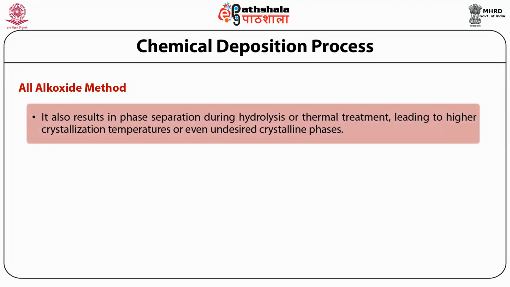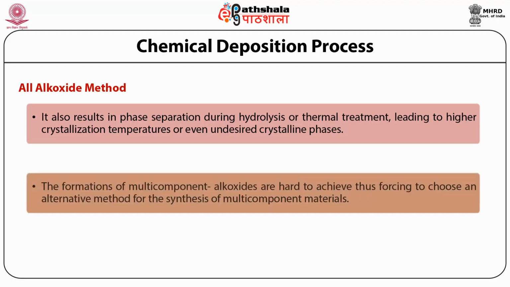Also, it results in phase separation during hydrolysis or thermal treatment, leading to higher crystallization temperatures or even undesired crystalline phases. Therefore, the formation of multi-component alkoxides is hard to achieve, thus forcing us to choose an alternative method for the